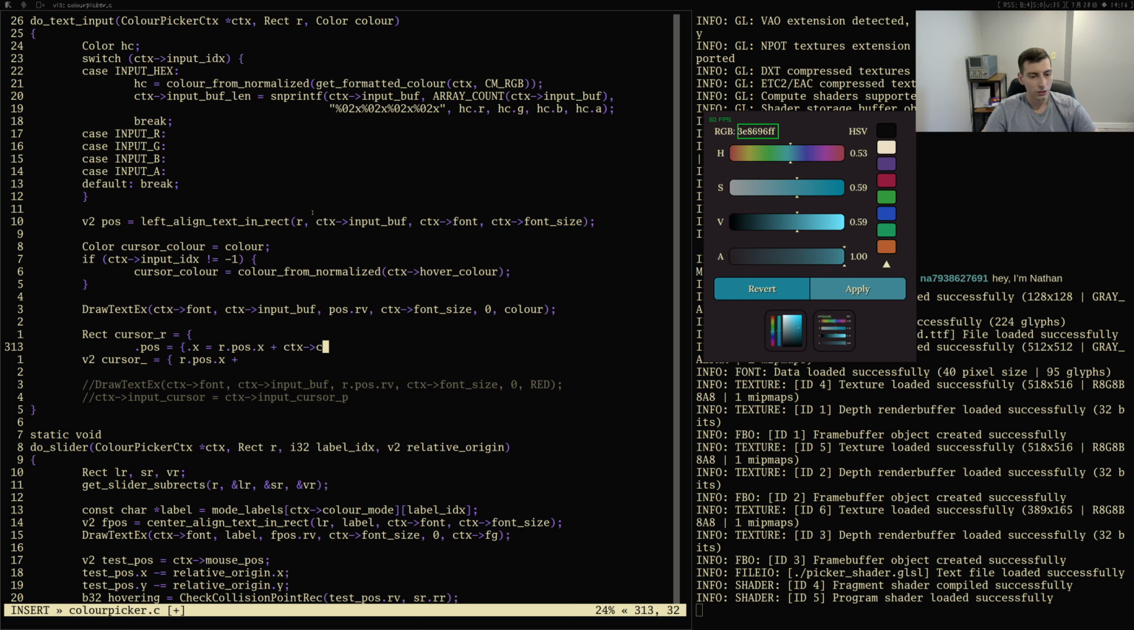Context to input cursor p times r.size.width